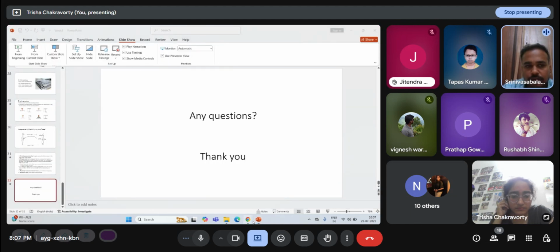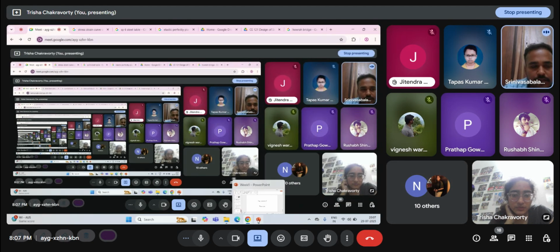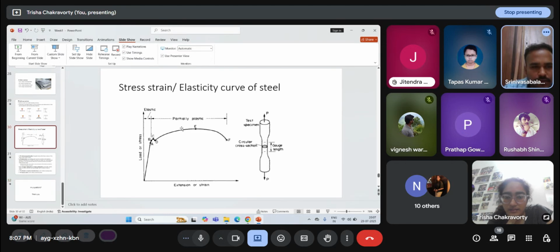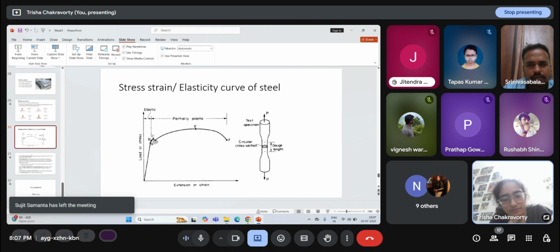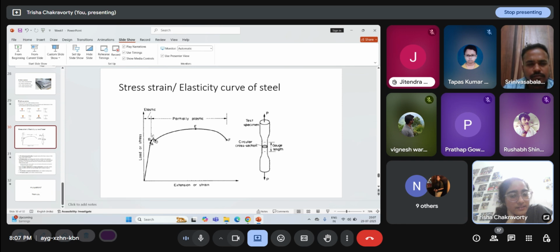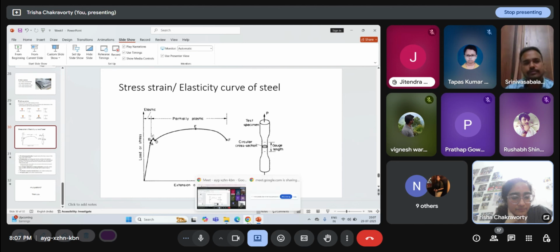Which one is the ultimate strength on the graph? This point E. Trace E by drawing a line parallel to the x-axis. The stress corresponding to this point is the ultimate strength. Which is the yield strength, C or D? C and D are generally very close by. If the graph is like this, you can take an average of C and D. Otherwise, these two points usually come so close that it is almost the same value. Okay.